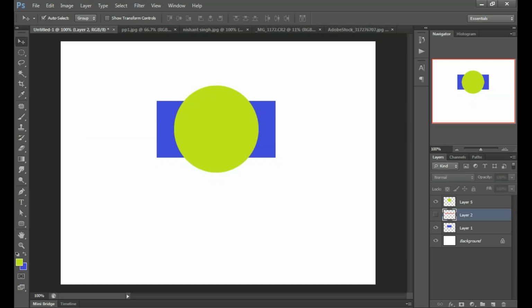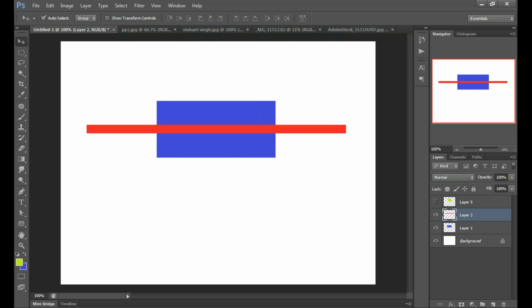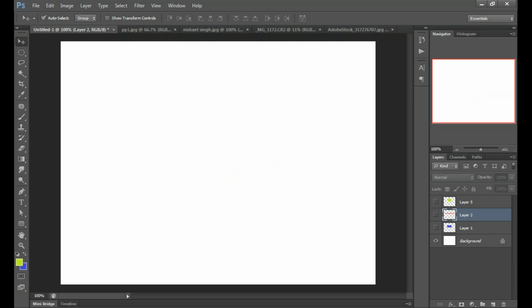Just close the eyes of all objects. We will create a new fresh layer here. Just go to the text tool, or press only T on your keyboard.